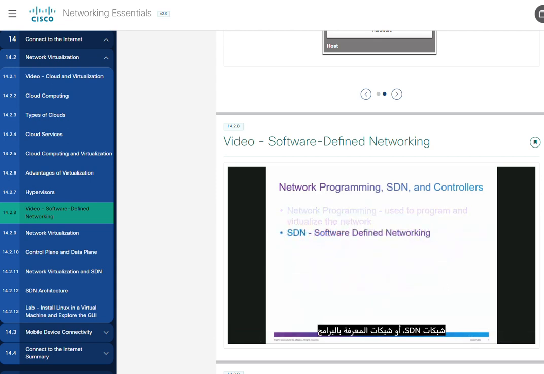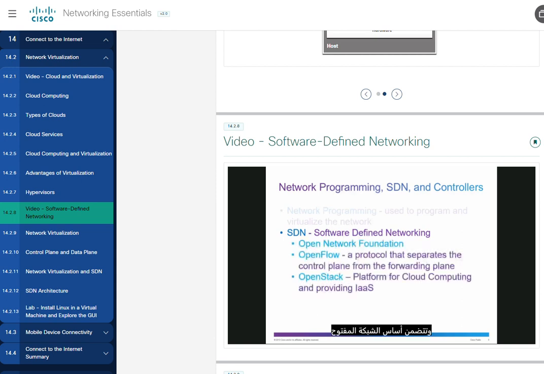SDN, or software-defined networking, is an approach to networking where the network is software programmable remotely. It involves the Open Networking Foundation, which supports the concept and the development of SDN, and has also been responsible for releasing the OpenFlow protocol or standard, which is a protocol that separates the control plane from the forwarding plane